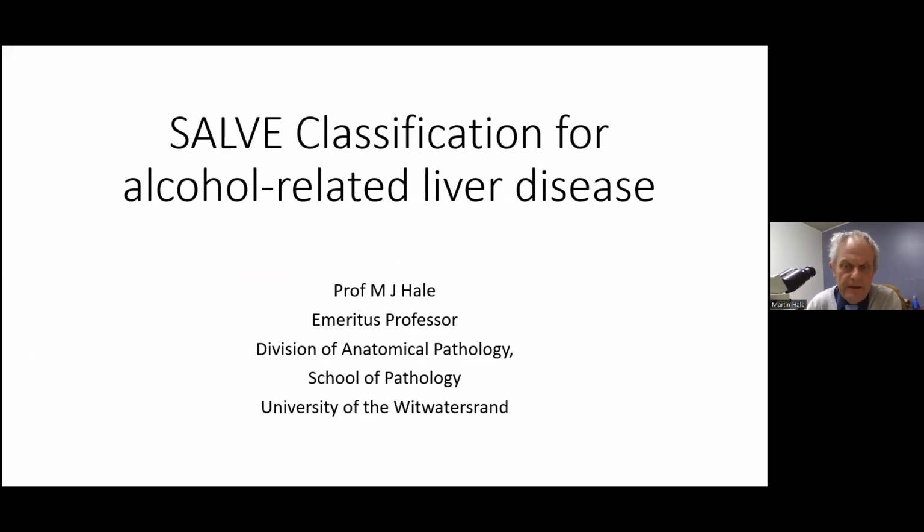For those who don't know what SALVE is, it's the Study for the Association of Liver Disease in Europe. This has come out of the EASL group in Europe, and it's an attempt to provide some sort of prognostic information with respect to patients when they present with liver disease. It is entirely based on histopathology, so it's a histopathology-based set of criteria. I've tried using it myself, and it is tricky.